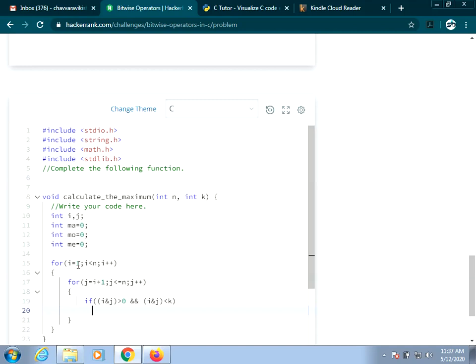If I perform 1 and 2, currently i will be 1 and j value will be 2, I will be performing bitwise 1 and 2.